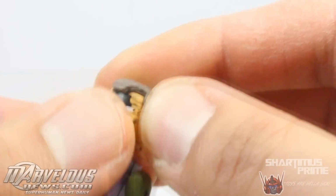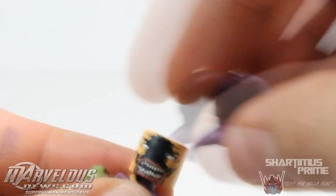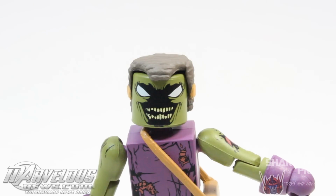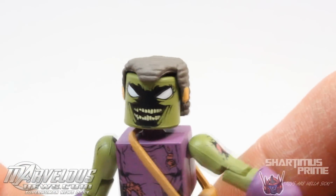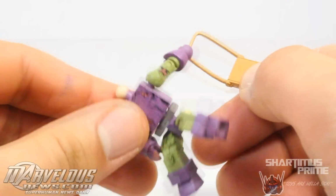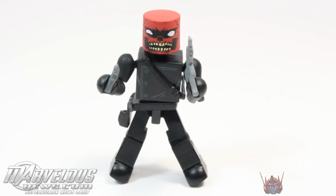Now you can remove this hair and then switch it out with the Goblin beanie. You can do that if you want some kind of transformation thing. Or you could do it the other way around and have the Goblin with the Osborn hair. That's kind of funny looking. And by the way, you can remove this satchel if you want to. That comes off pretty easily too. And then finally we have the red